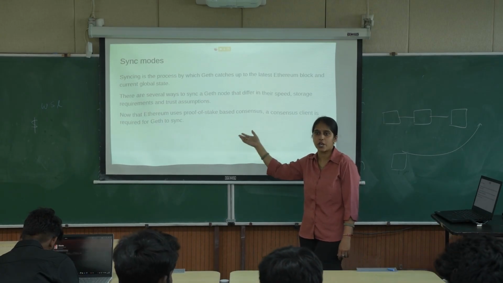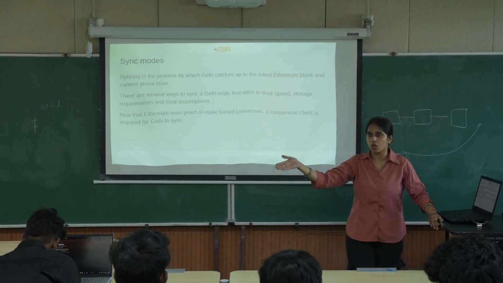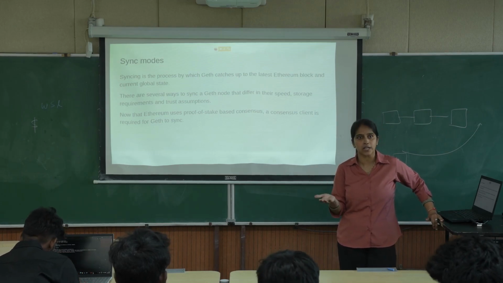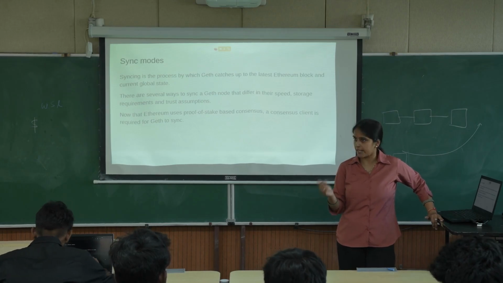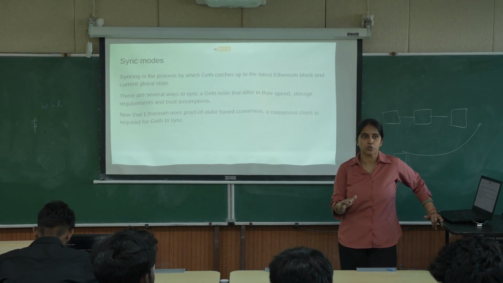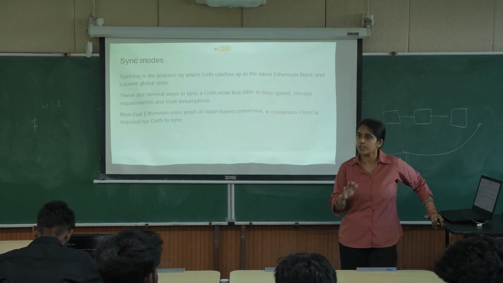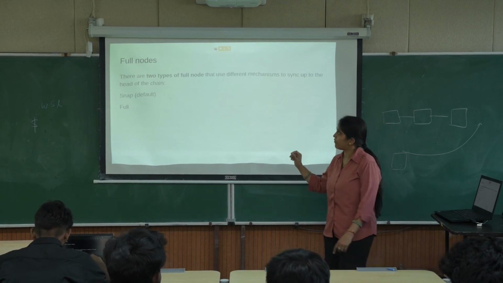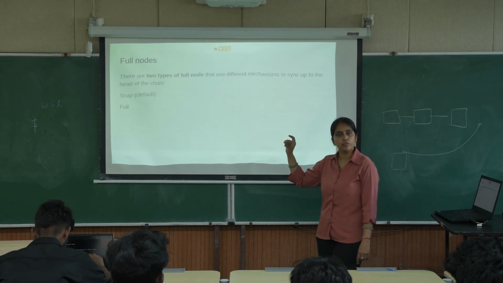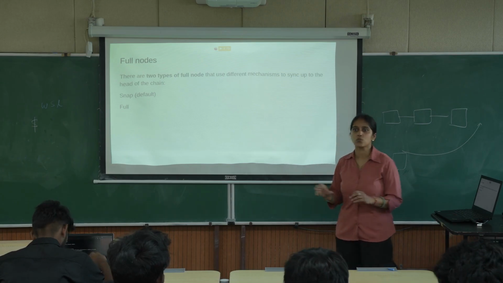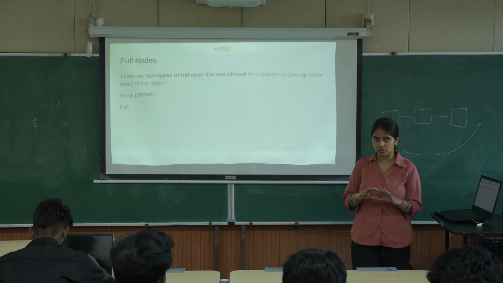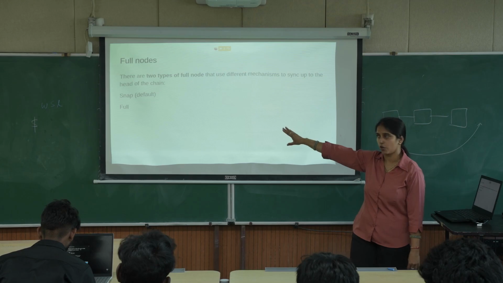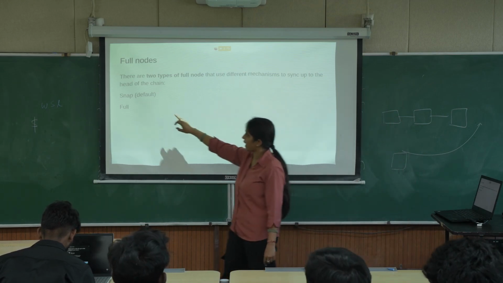It might happen you are not trusting that blockchain to which you are getting connected. That's why you want to check the history, how many forks there have been, how many previous attacks have been done. If you want to check all that history, then there are different synchronization modes. So first is when you want the full node. Full node means you have to store the whole data, whole previous transactions that have been done.